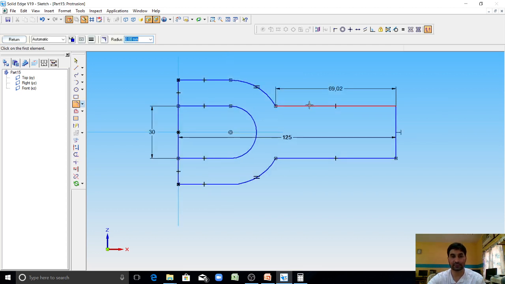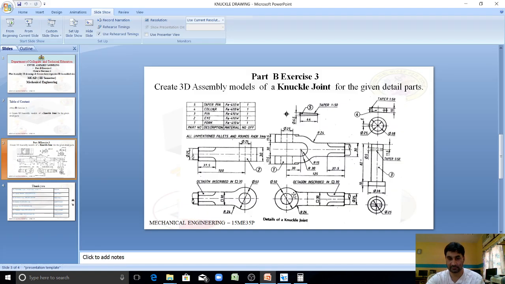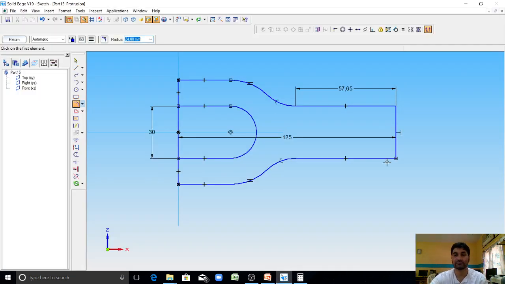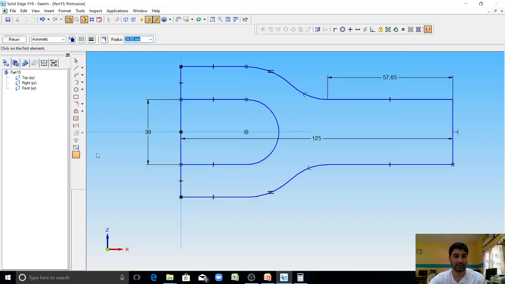Using fillet option, give the fillet between these two as 24, which is mentioned in the drawing. Similarly here, you can see here this radius is 24. Now trim this line.